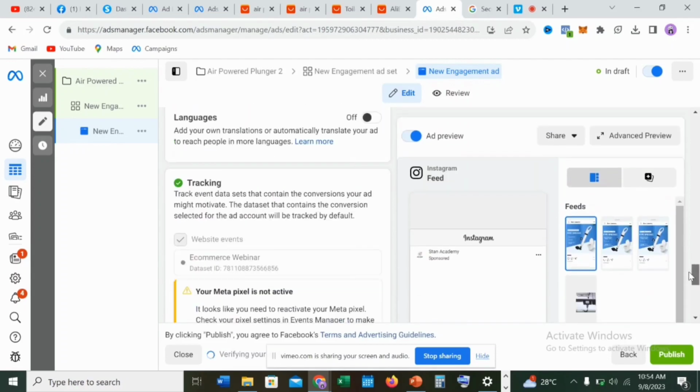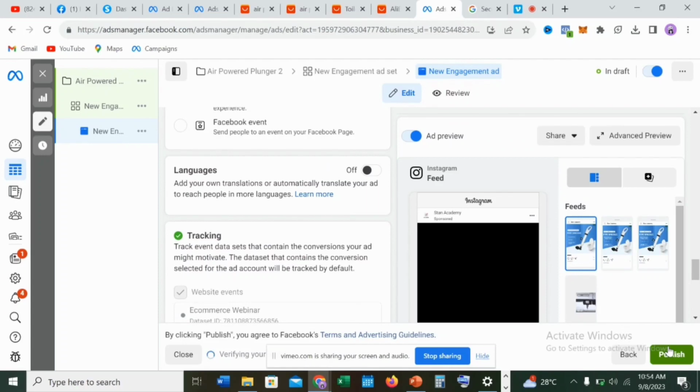After inputting all the necessary details, we are going to hit on the publish button. So after hitting on the publish button, we'll be waiting for 24 to 48 hours to see the result we are going to be getting from these two adverts. After running the ads for 48 hours,